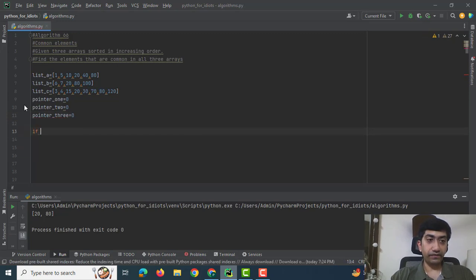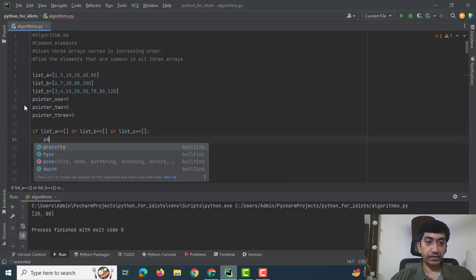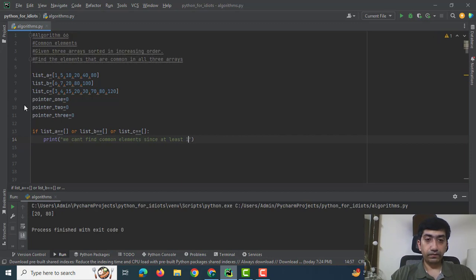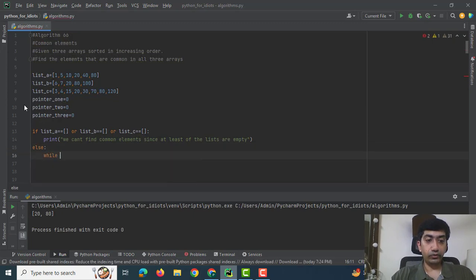First I would make the if condition, if list A is blank or list B is blank or list C is blank, then we can't find common elements since at least one of the lists is empty. If this is not the case, then I would make a while loop, while true.